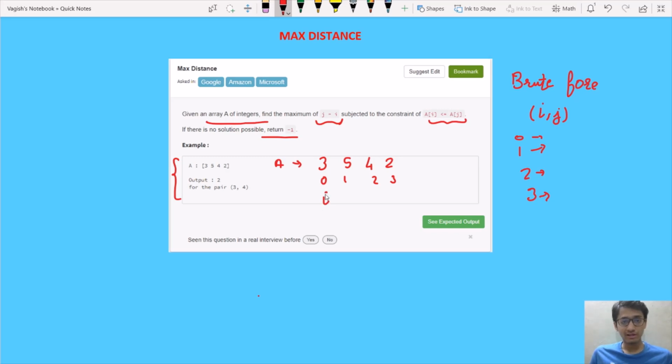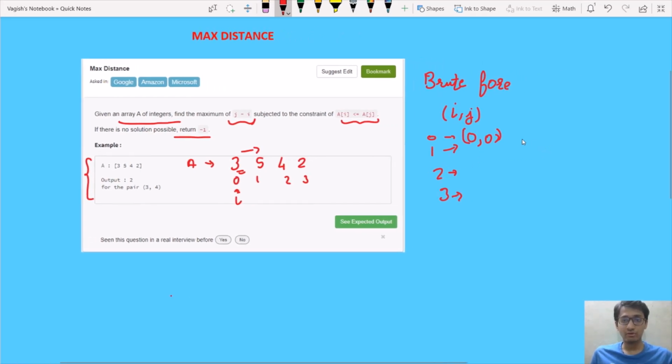So when we will consider our i to be 0, the first pair that we could form is 0, 0 because 3 is equal to 3. Now we have to find all the elements present in this array which are greater than 3. So the pairs that we could form are 0, 1 and 0, 2.